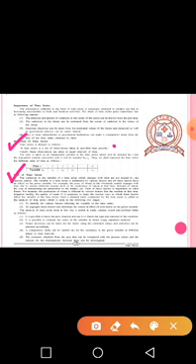Clear with this? The fourth one is that a comparative study can be carried out for the variations in the given variable at different places or time intervals. That is, comparisons can be made according to different places or time intervals. And the fifth one is that the estimates obtained from the past data can be compared with the present values and the reasons for the discrepancies between them can be investigated.